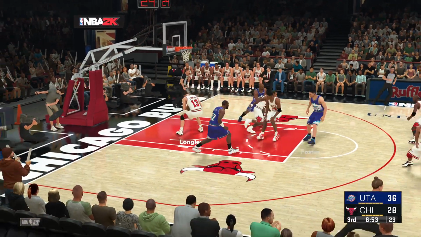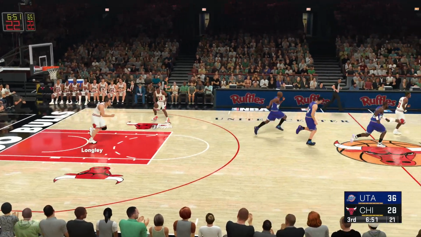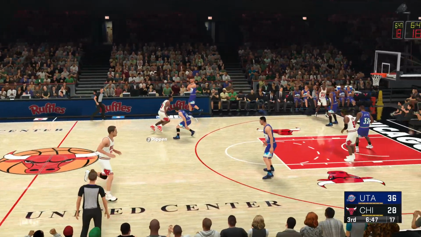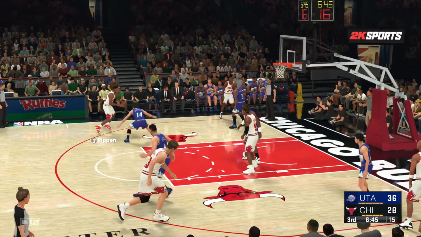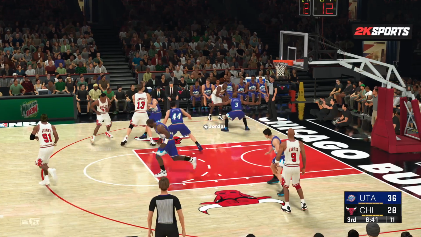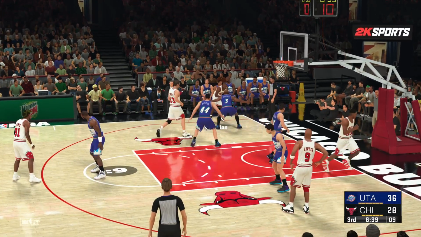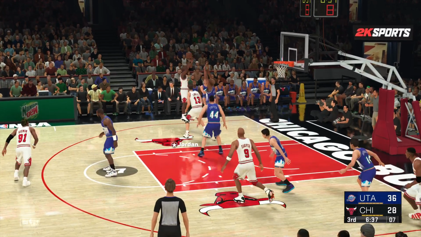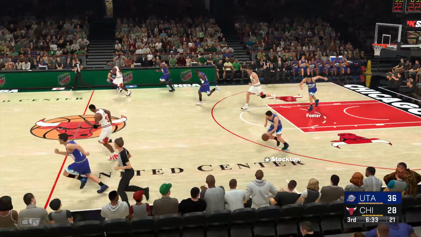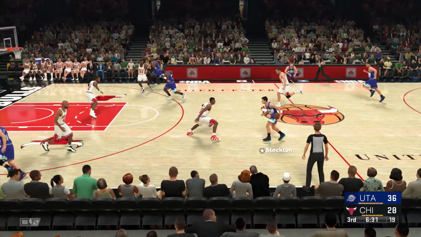That one misses. Bulls trail by 8. Pippen feeling it out a bit. Russell against Jordan. Over Russell. And too long on the shot. And so Stockton will bring it up for Utah.